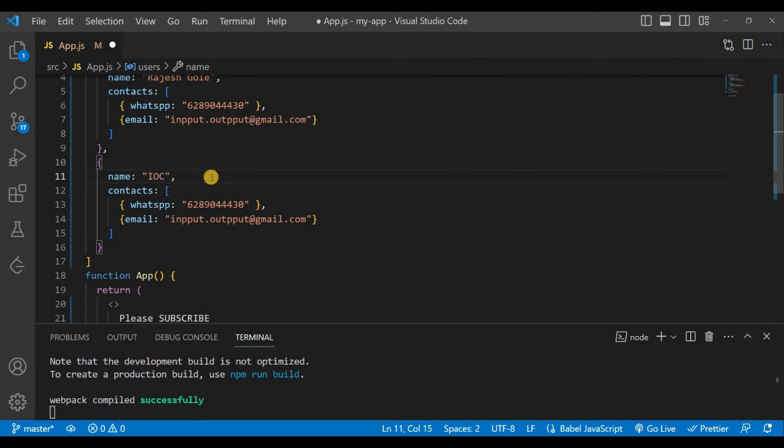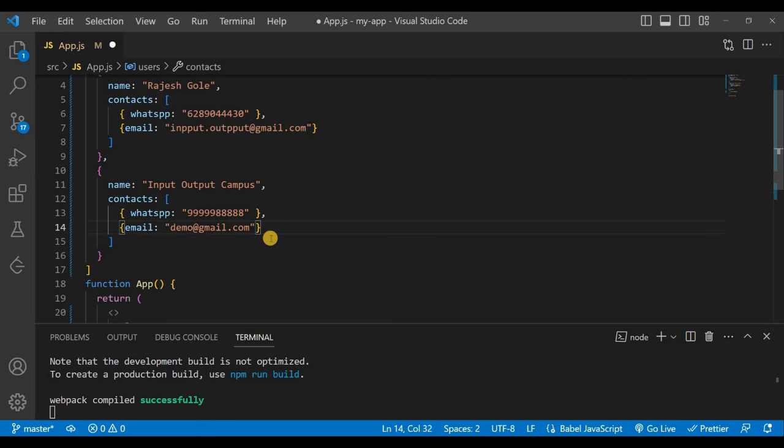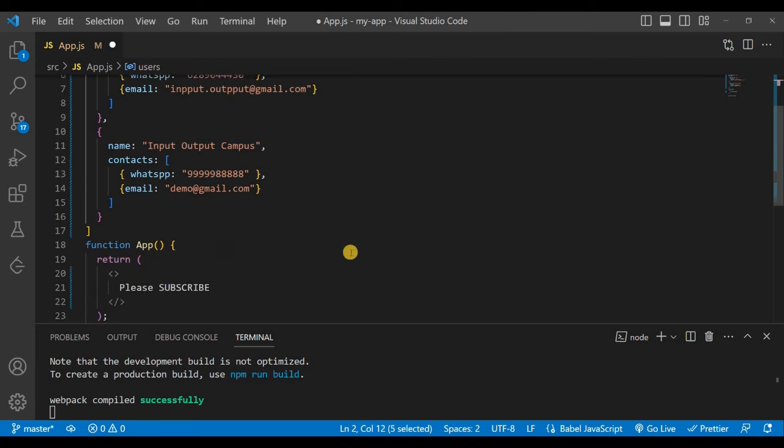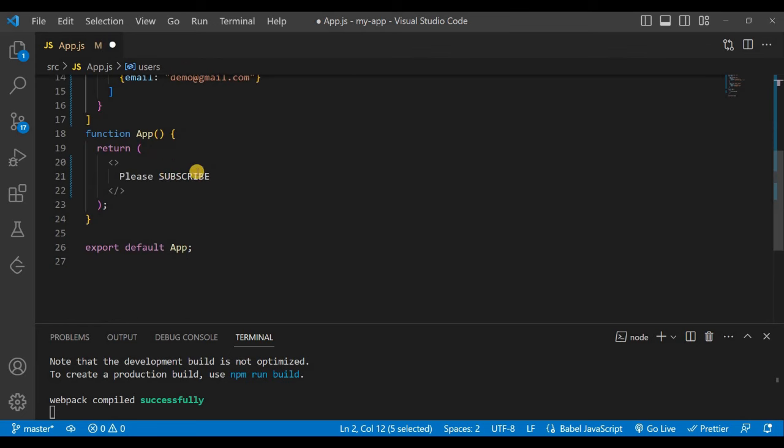Suppose the name is input output campus, and WhatsApp number is suppose 9998888, and email is suppose demo@gmail.com. Okay, so now we'll map this users data. Okay, how to map this users data? So let's come to this return part, and here